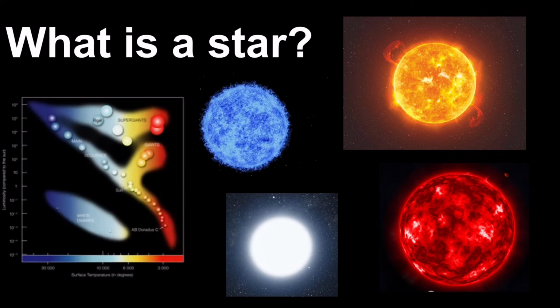Stars are very large. Even the smallest of stars are larger than Jupiter, our most massive planet. Stars can emit so much energy that we can see them from up to thousands of light years away with the naked eye. That means if we traveled at the speed of light, it would take us thousands of years to get there. That must be really bright.